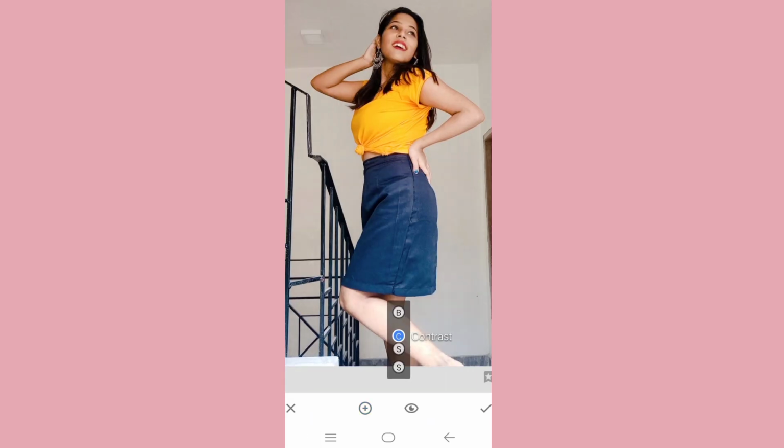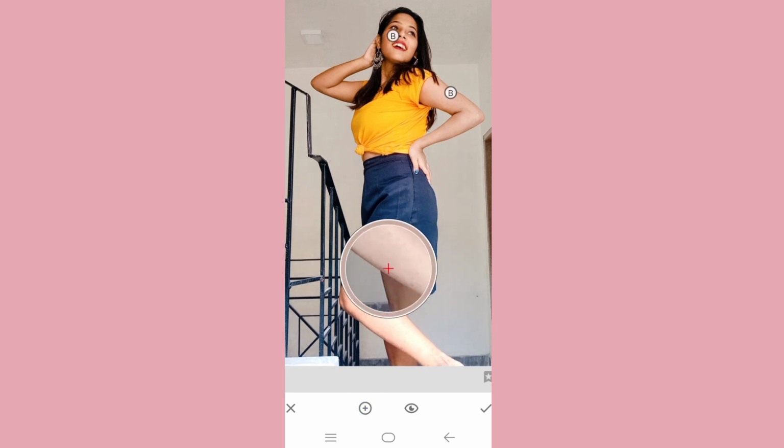Now I am using the selective tool to make my skin more glowy. I am increasing the brightness and contrast, and also saturation a little.